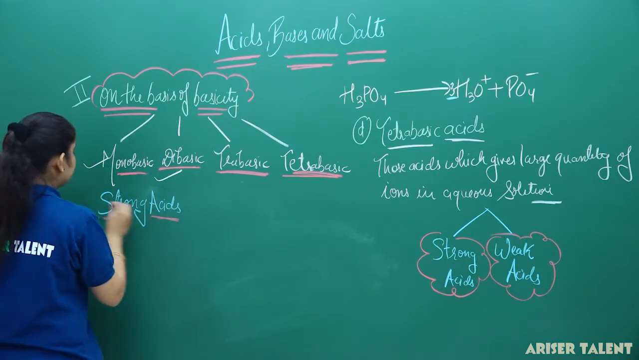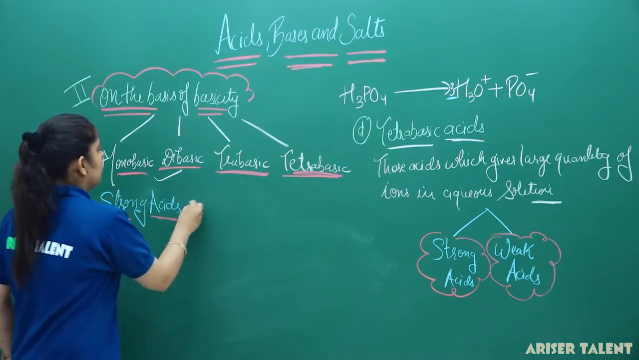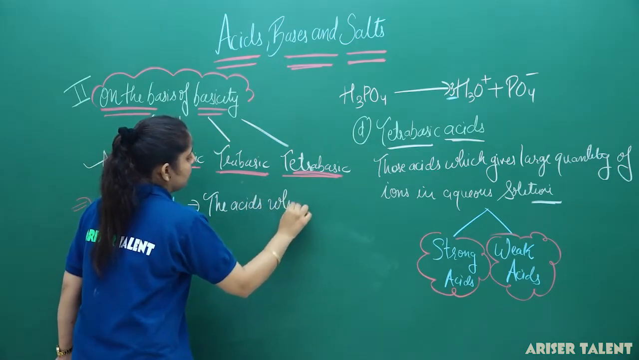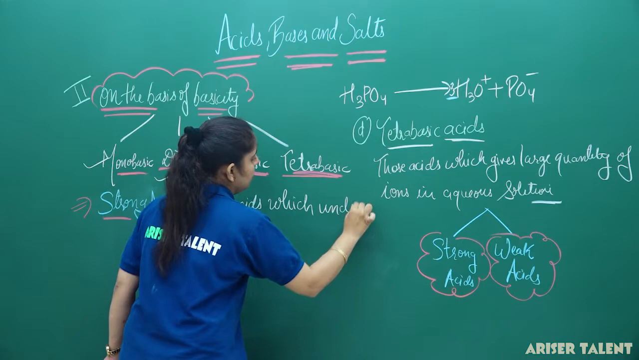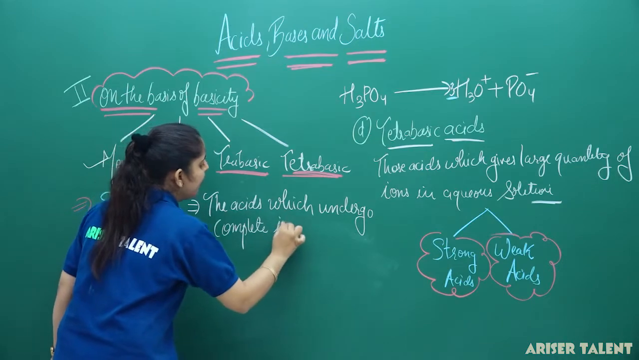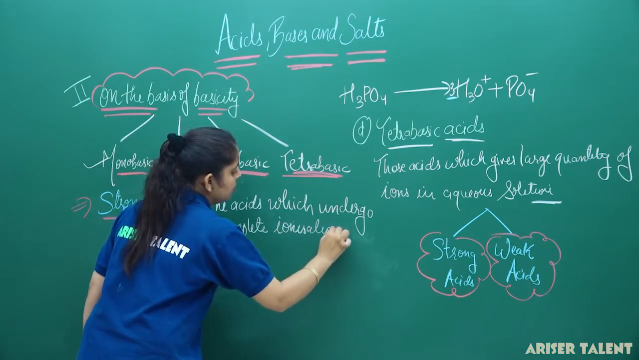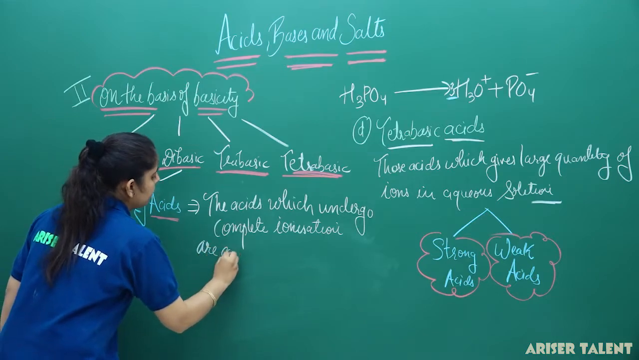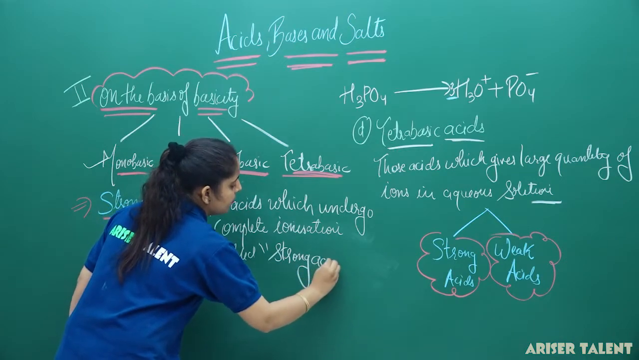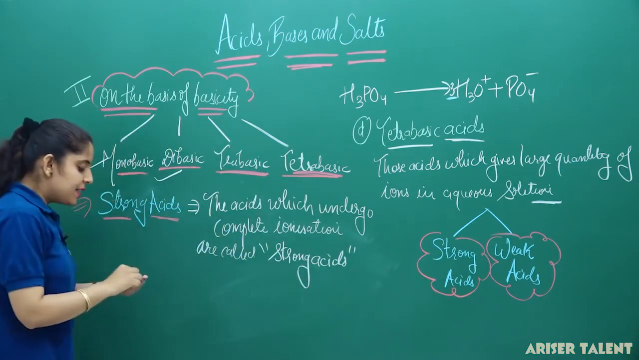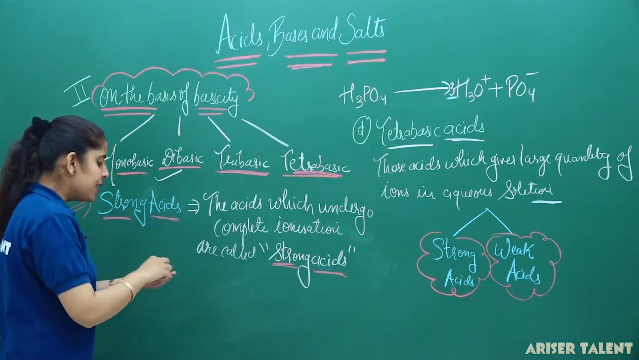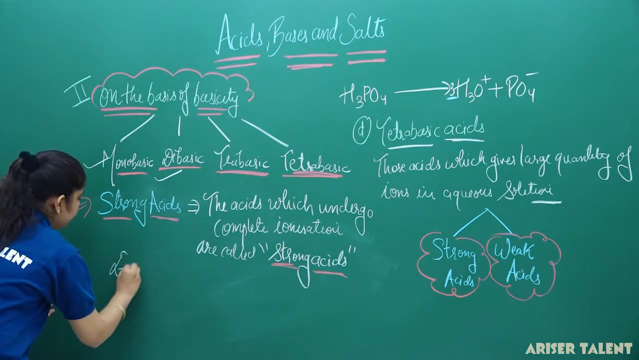Strong acids. The acids which undergo complete ionization are called strong acids. So in case of strong acids, the complete ionization is going to occur, so they are known as the strong acids. An example you have in this category are